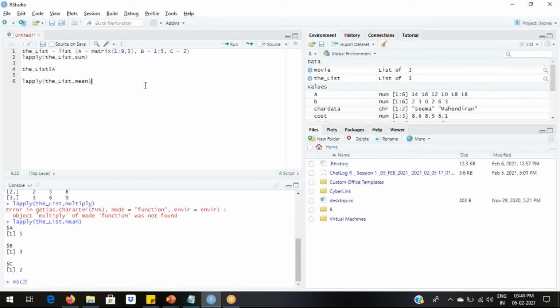Okay, I have tried using the function mean. So the average of each one of the values in the list is displayed. So the average of the values in A is 45 by 9, which is 5. For B is 15 by 5, which is 3. And for C is 2.